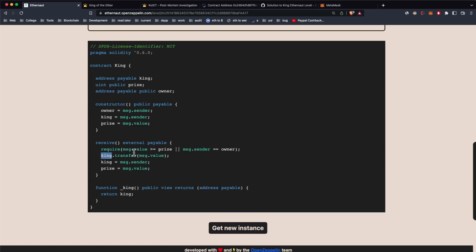It's limited to 2300 gas so we can avoid re-entrancy attacks. But the problem is, if the other contract has to use more gas to execute its code, because whenever you're making a transfer, you're triggering a function in the other contract,